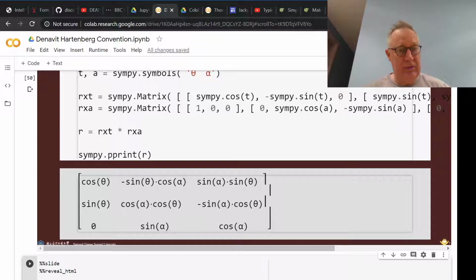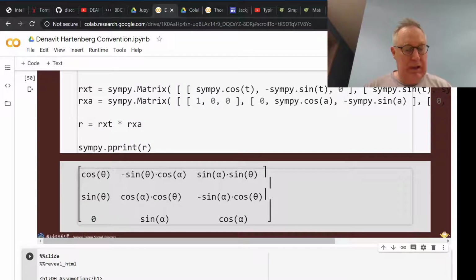There is no displacement, so that will be 0, 0, 0. Then plus a translation now by d along z,